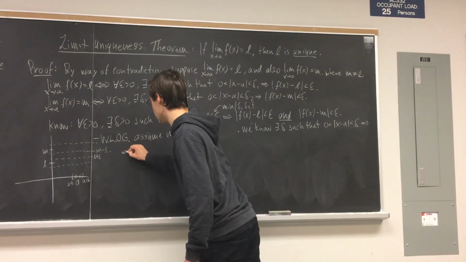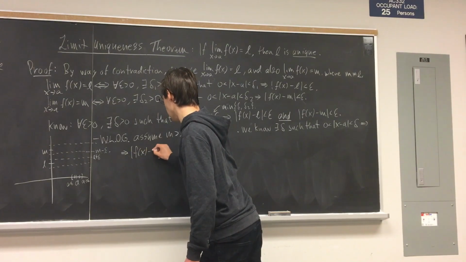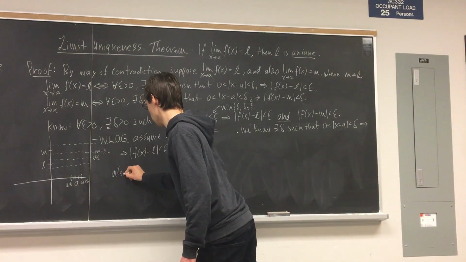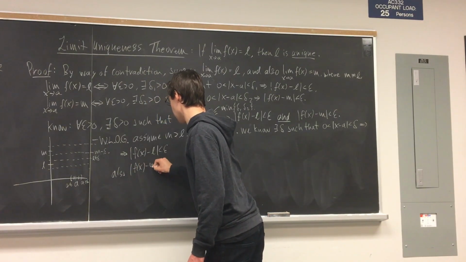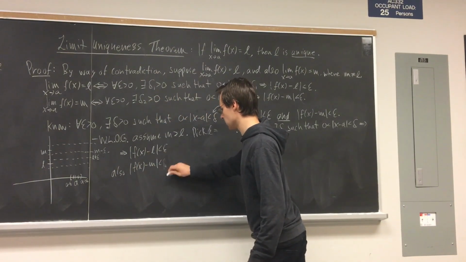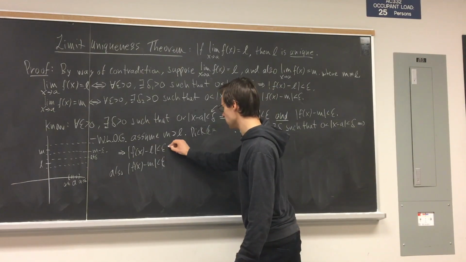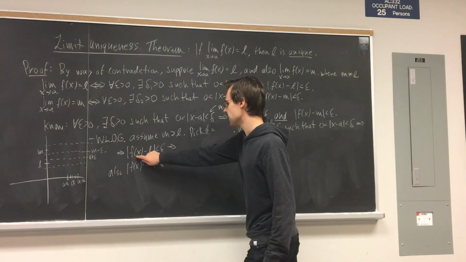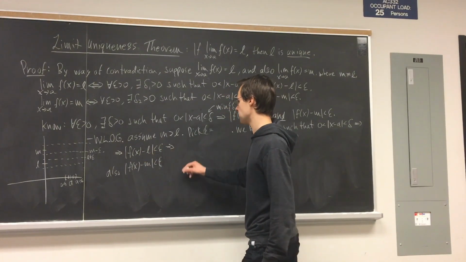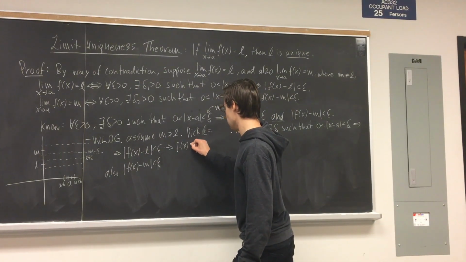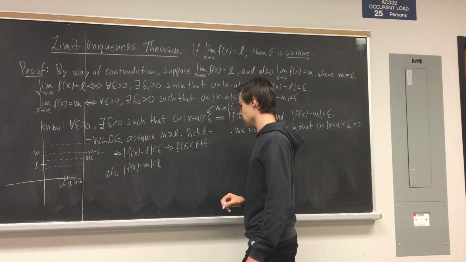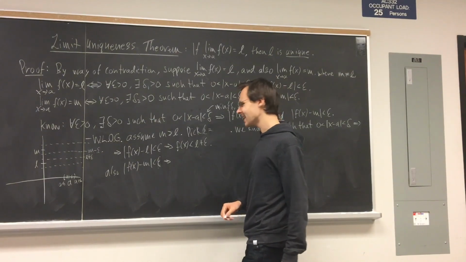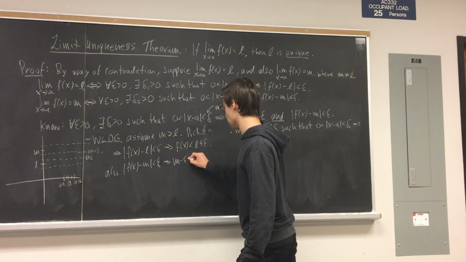It implies that |f of x minus L| is less than epsilon, and also that |f of x minus M| is less than epsilon. So the first statement tells us, as we've already seen with the graph, that f of x is definitely less than L plus epsilon. This statement tells us that f is larger than M minus epsilon. M minus epsilon is less than f of